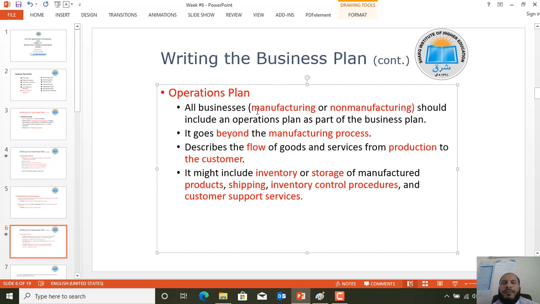For example, the operation plans will cover the flow of goods and services from production to customers, and these operation plans also include the management of inventory, the storage of inventory, manufacturing of products, shipping of these products, the inventory control procedures and customer support services. So these are all important terms that we may face while preparing the operation plans for